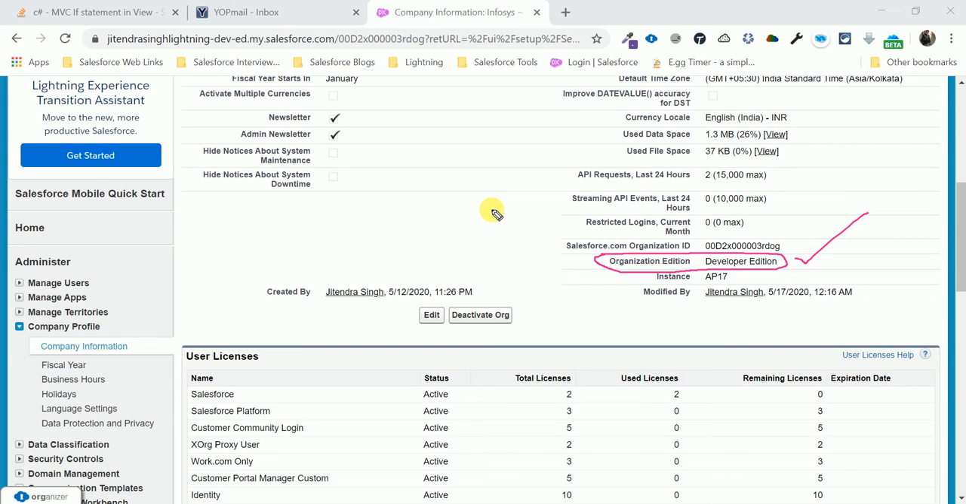So let me show the second way, and this is an interview question in big MNCs like Capgemini, Infosys and TCS. Every interviewer asks this question, like how to find the Salesforce edition without opening company information. So there is another way to find this developer edition. So let me open my